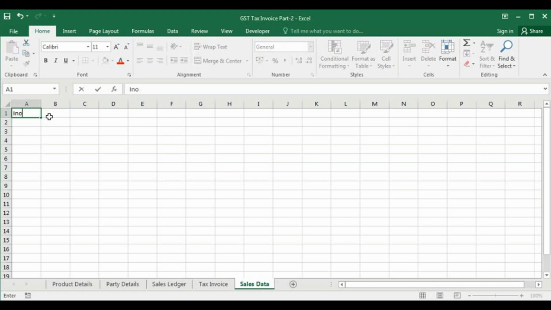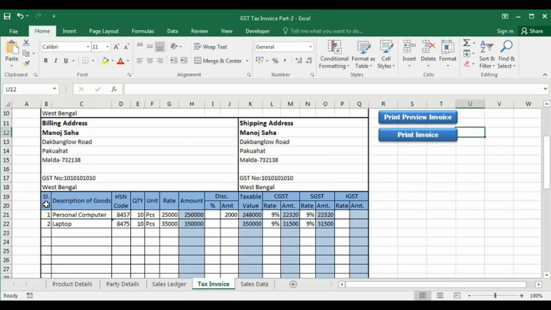invoice date, then invoice number, then party name, then we will go to tax invoice, and this serial number, description of goods, HSN code, quantity, unit, rate, everything that we want.